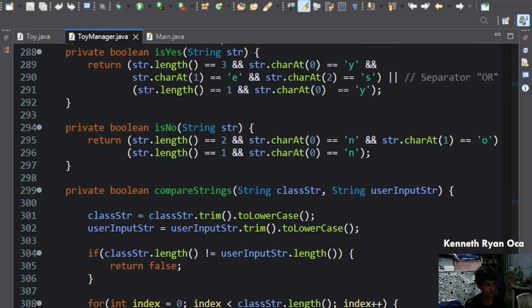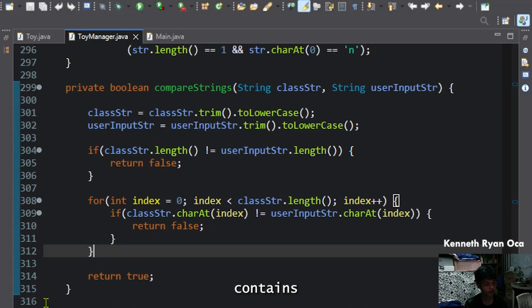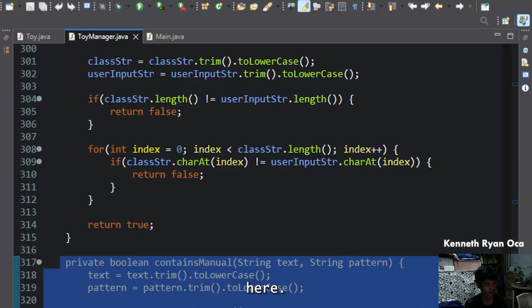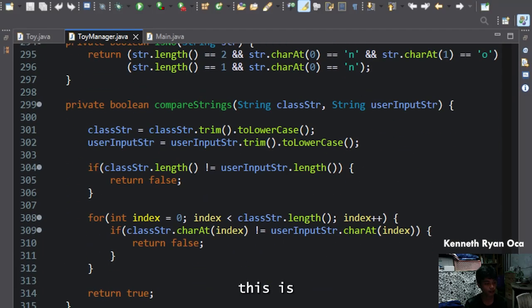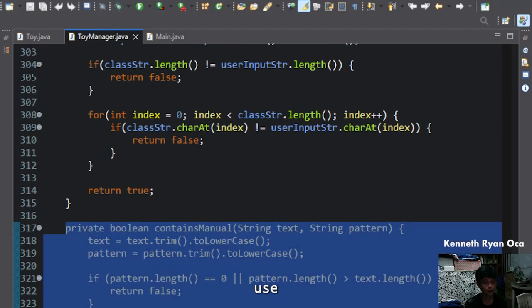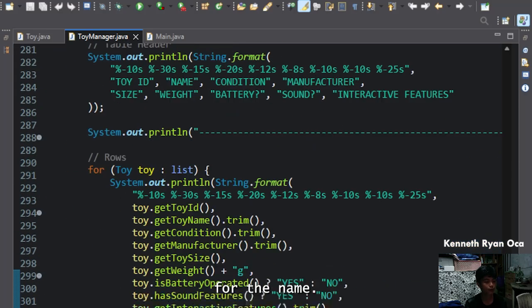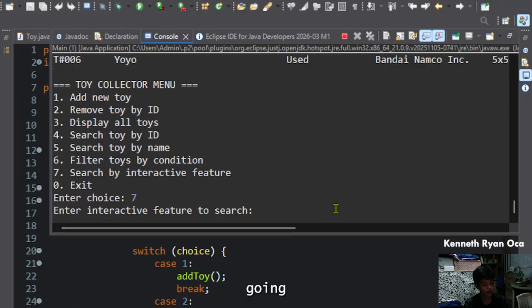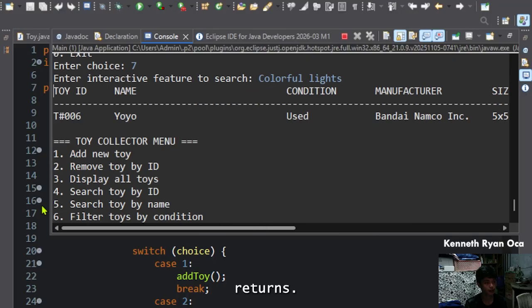Here I have contains strings for the name, and then a contains manual method, so that the text and pattern, this is used for refurbished and new, and this is used for the actual searching for the name. So as not to confuse, when I use colorful lights, it actually returns the yo-yo. As you can see, it returns.